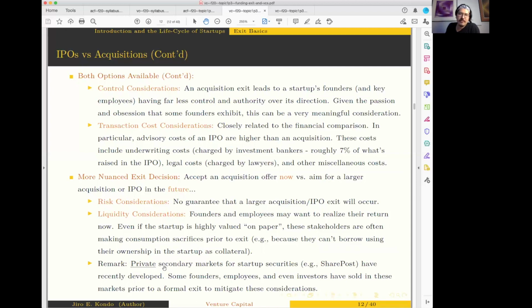So far, so good? Here's another thing that you just have to keep in mind when you as a founder are thinking about how you want to exit, which is also control considerations, because that's another thing that's really different depending on whether you get acquired or whether you go public. When you go public, you still control the company. You are the CEO, right? You get to make decisions. You get acquired by Amazon, you are not making the decisions.